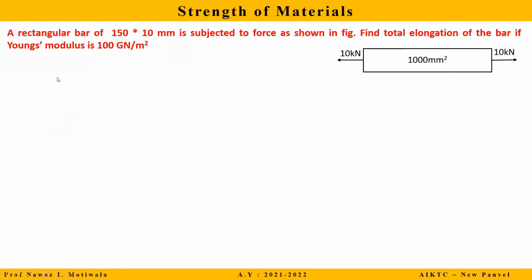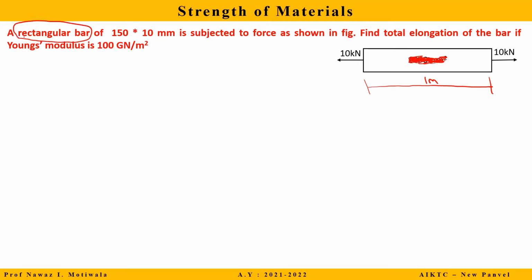We solved this as the first problem of this chapter, but there is some difference, and students make mistakes in examinations because they don't read what is given. Let me start with this problem. Can someone identify the difference between the question we solved in our first lecture and this question? In that one there was a circular bar. Here it is a rectangular bar. This is the difference between the previous problem and this problem.